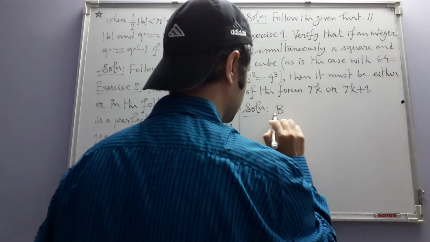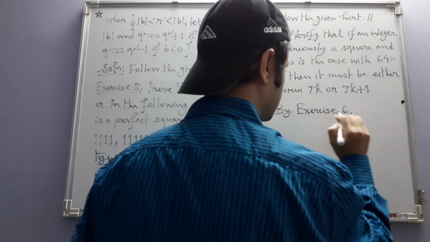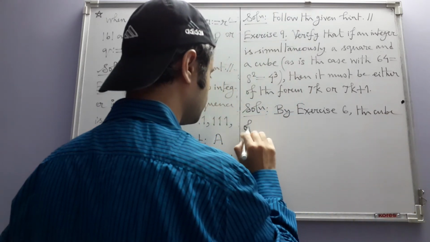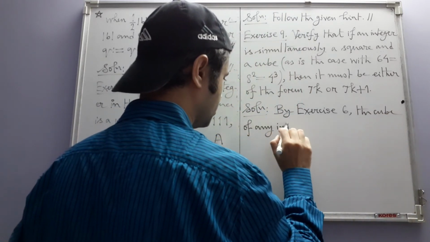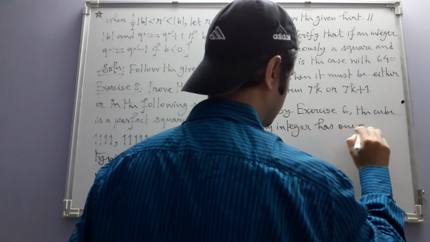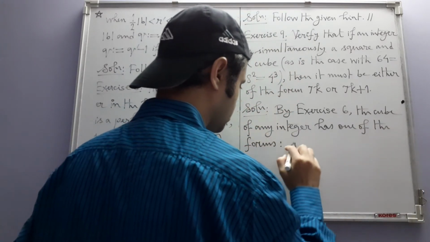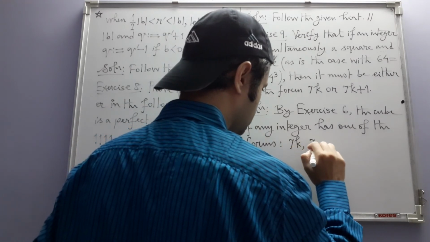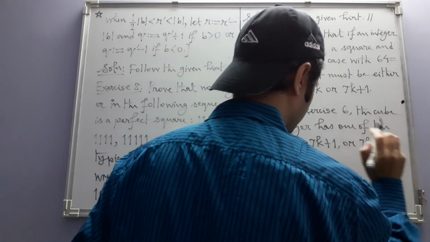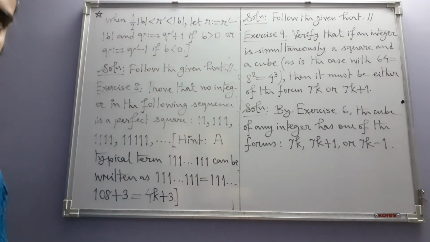So by exercise 6, the cube of any integer has one of the forms 7k, 7k plus 1 or 7k minus 1. We are now going to see what happens to the square of an integer in terms of this type of forms